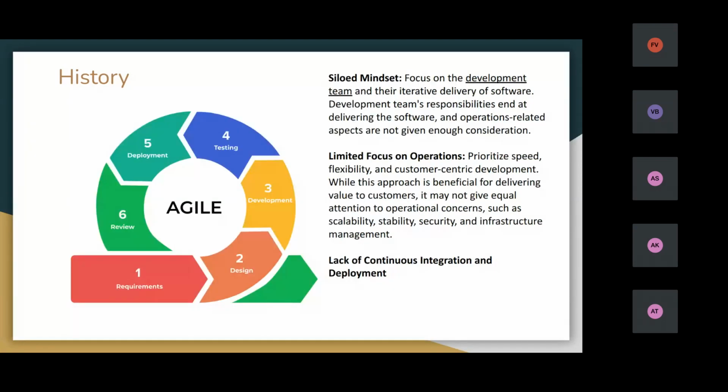Then the next model is the agile model. In an agile model also, the main disadvantage is that it only focuses on the development side. On the operations side, we know DevOps is for development and operations, but in agile, it only focuses on the development side. This is an agile model. Here we can traverse back to the previous step, and the development process is done in sprint nature.